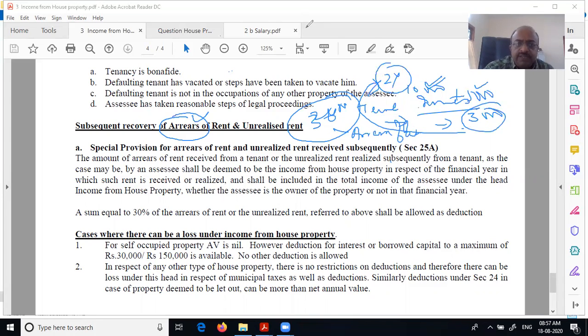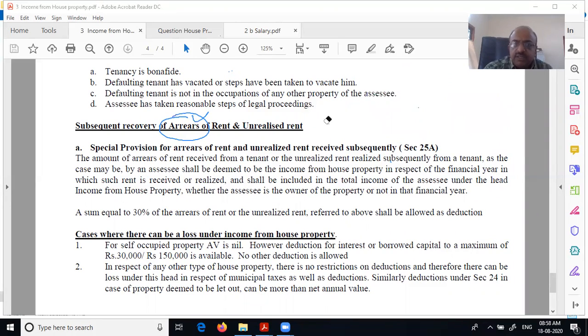So let me give an example, then you'll understand. The same example I'll just tell you in years so that you understand. So let us imagine that this is financial year 2019-20. In the month of April, the discussion started. At that time, you are paying 10,000 rent. I mean, you're getting 10,000. Therefore, 10,000 in 12, you would have shown 1,20,000 as rent only.